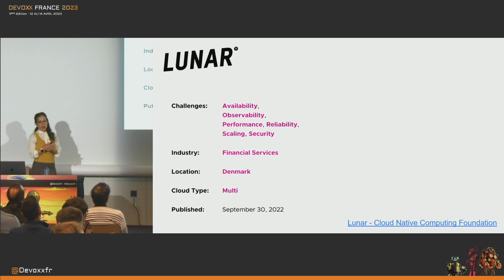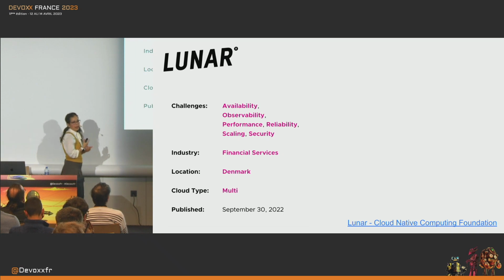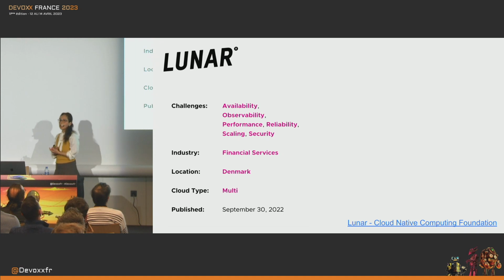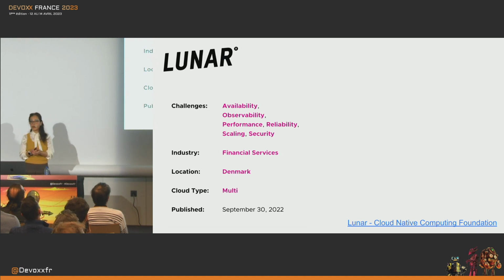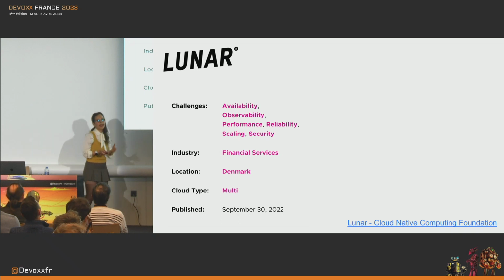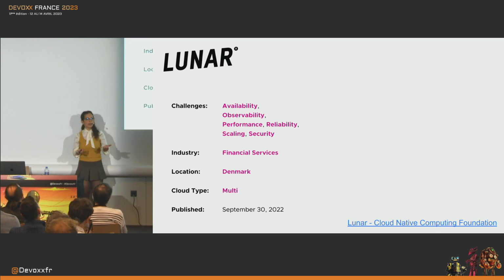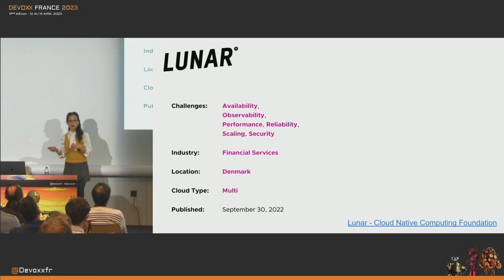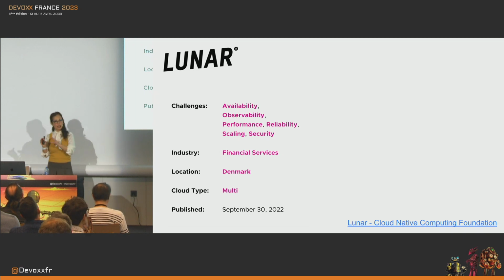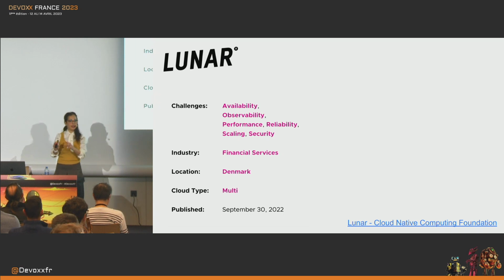One of the use cases where Backstage has been adopted is Lunar. It's actually an online bank located in Denmark, where they had a challenge that they lost all their logs. At a bank, logs are sensitive information. They want to keep them in a secure and centralized place. So they adopted Backstage to manage their logs in a central place, and also all their services in one